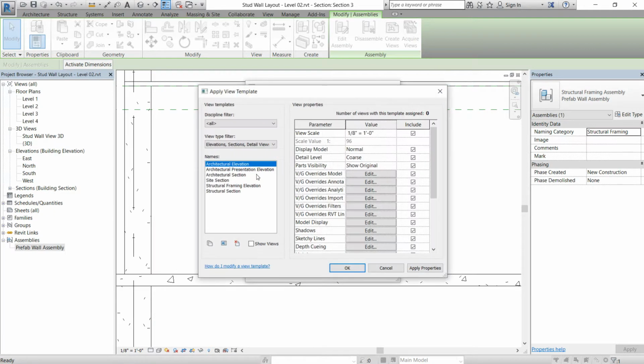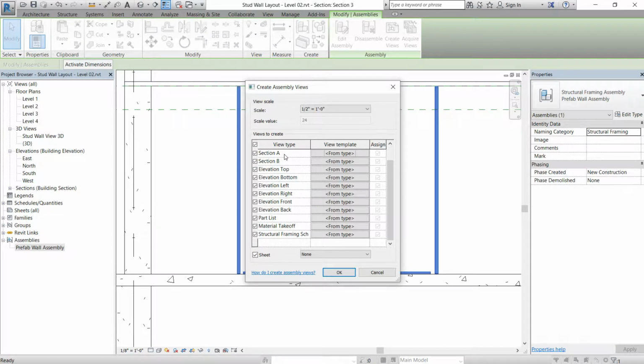So you can create a view template for each of these as well. If you want fine detail for everything, it depends on what you want, we can go through these view templates as well. It's going to create all of these at a specific scale. I'll just leave it at 1/2 inch for now, and you can pre-name these. Or maybe you can't do that. I guess you can change the name when you actually create the views anyways. And then it creates a sheet for you as well if you want. If you want it all on this sheet, you can add multiple sheets too. So we're just going to hit OK,